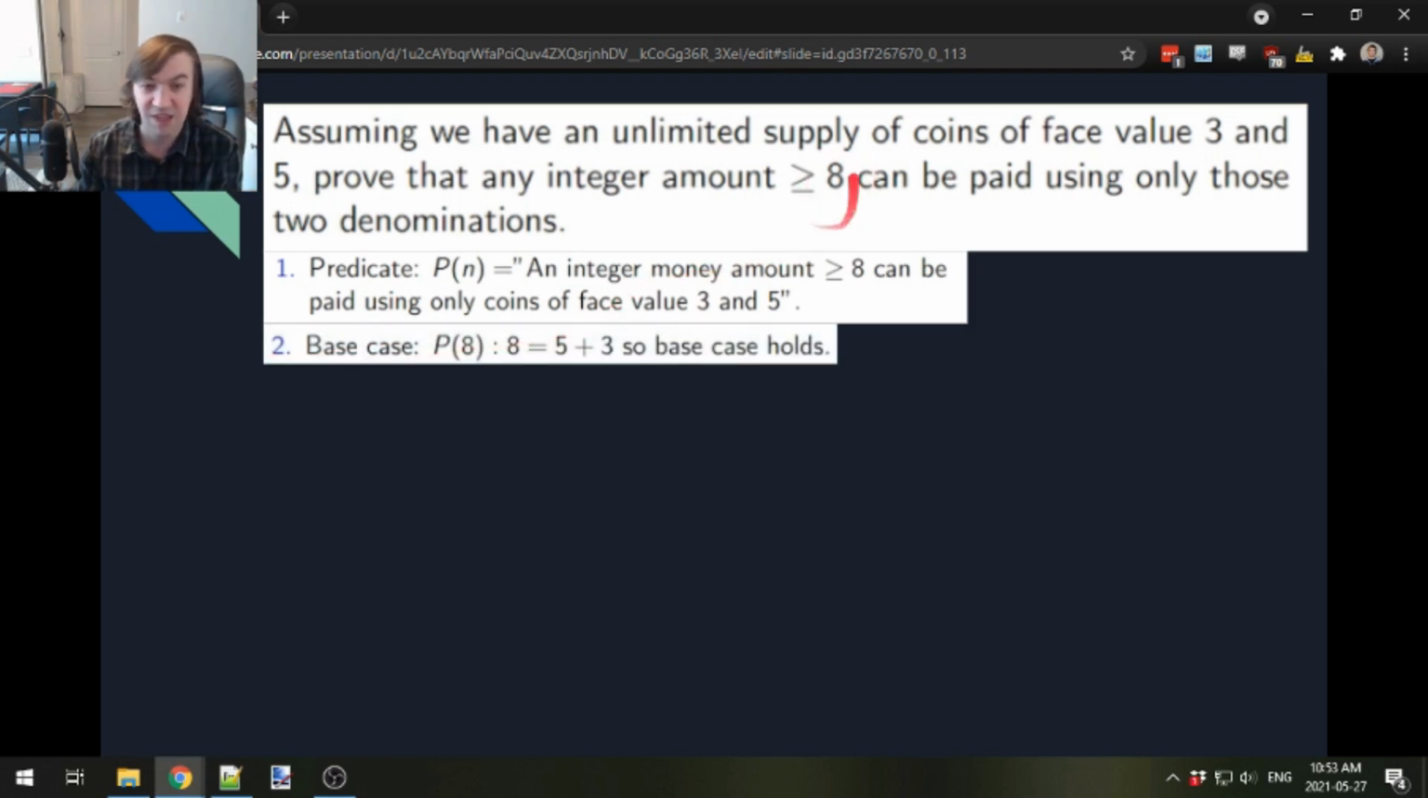What's our base case? Our base case is 8. We want to show that for everything greater or equal to 8, we can make it. And we can do that because we've got the 5 and the 3. So the base case, we're all good. Now,